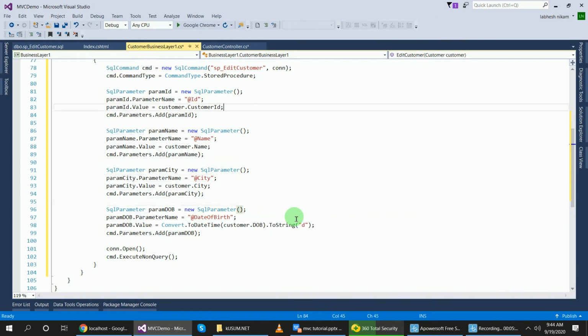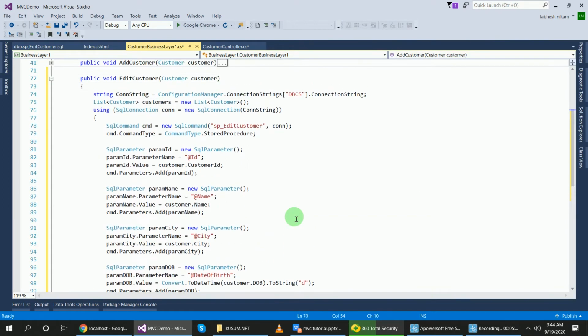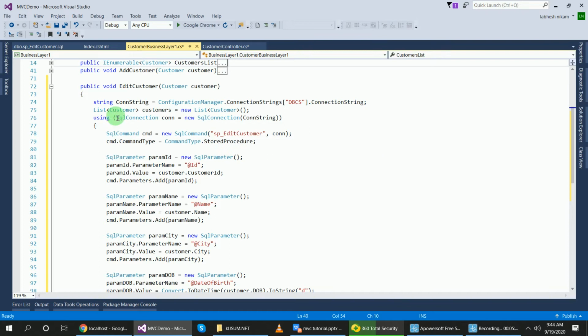So I will explain what I have written in this method. First I created the connection string, and then executed the customer object list here to refresh the data.